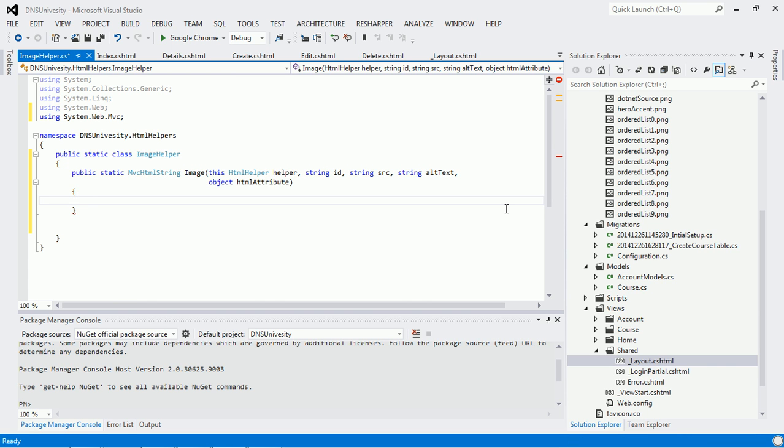Okay, so first I want to create one tag builder, where tag builder is equal to new tag builder. Since I want to create an image tag, I'm using this class tag builder for creating the image tag, and for generating the ID, I will be using builder.generateId. So I'll be giving whatever the ID which I am getting from the view, and I want to merge attribute